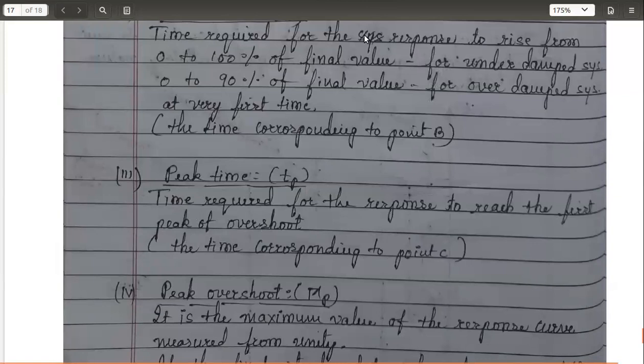Now coming to the fourth one. It is peak overshoot, M subscript P, M P. So it is how